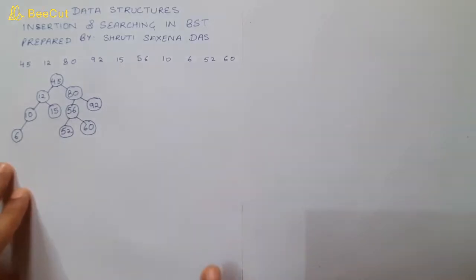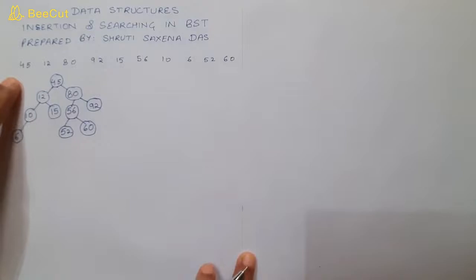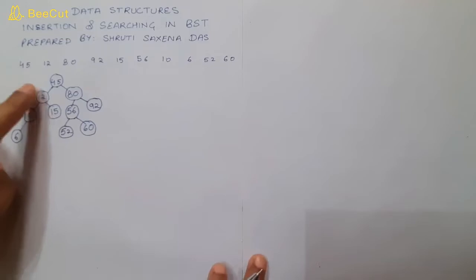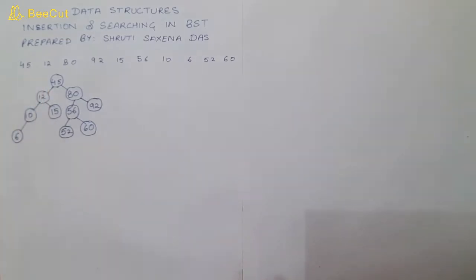So this is the basic criteria to insert any new value in a tree. If your tree is empty, then you need to create a node and mark it as the root node. Like here when we inserted 45, there was no previously defined tree. We started with a new tree, so 45 became the root node. And the next value which you insert will be inserted according to its value. If it is less than the root, then in the left subtree. If it is greater than the root, then in the right subtree.